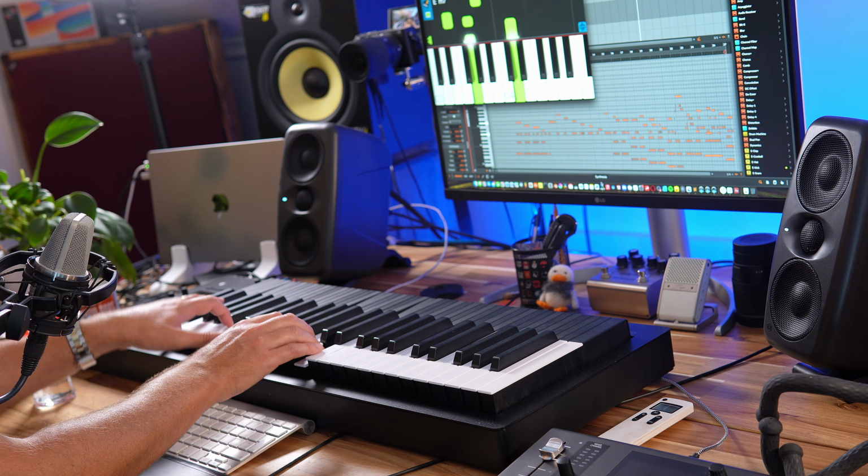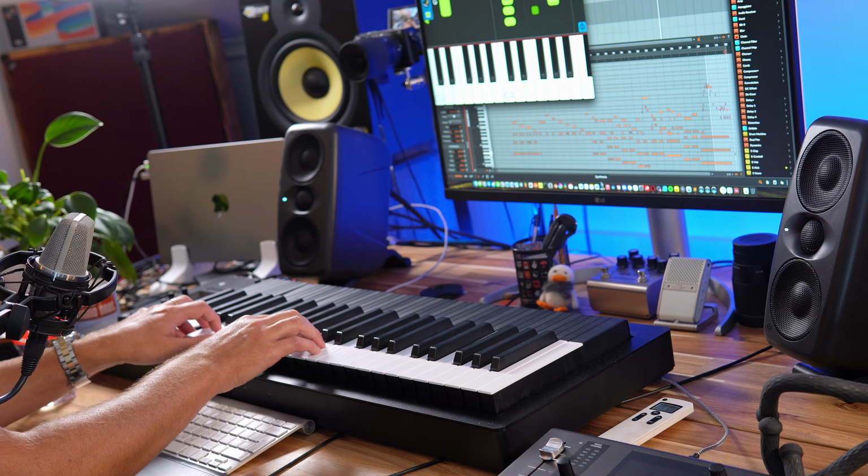There are 12 basic intervals that you should learn to recognize by ear, and these are the building blocks for any type of music and melodies. And if you learn these intervals, you also learn to recognize more complex chords and more complex intervals down the line. So let's dive in and explore the 12 basic intervals.